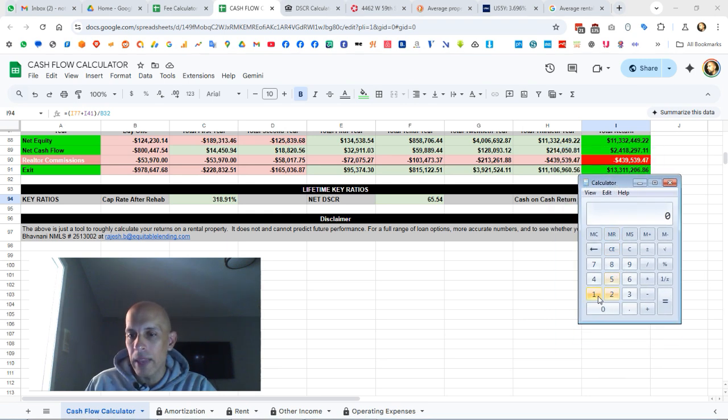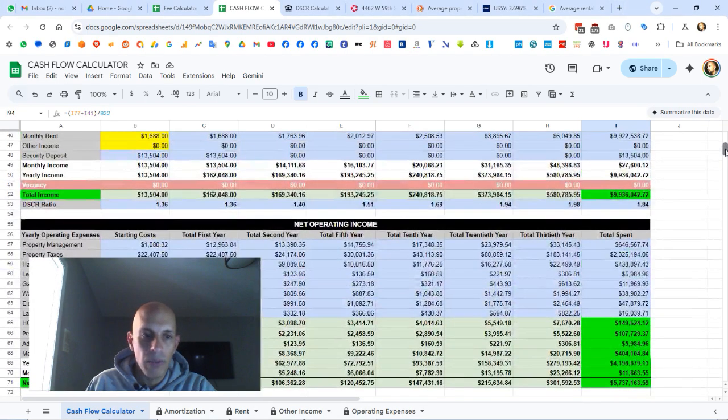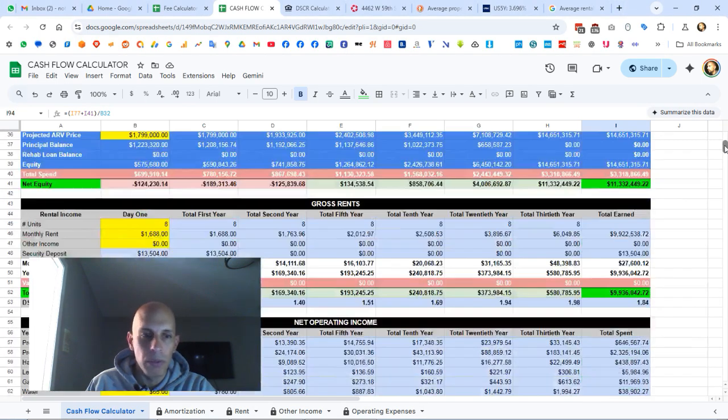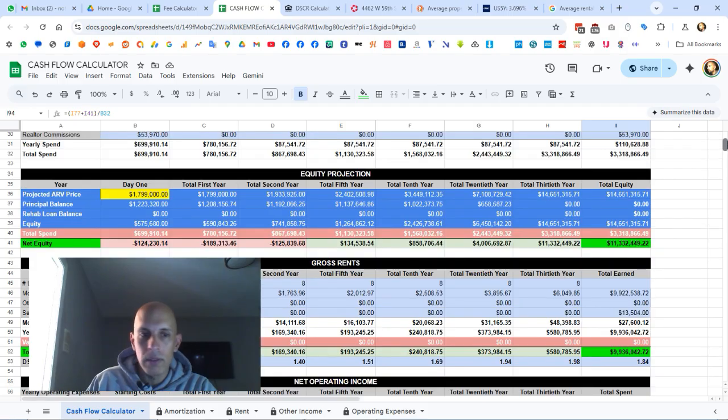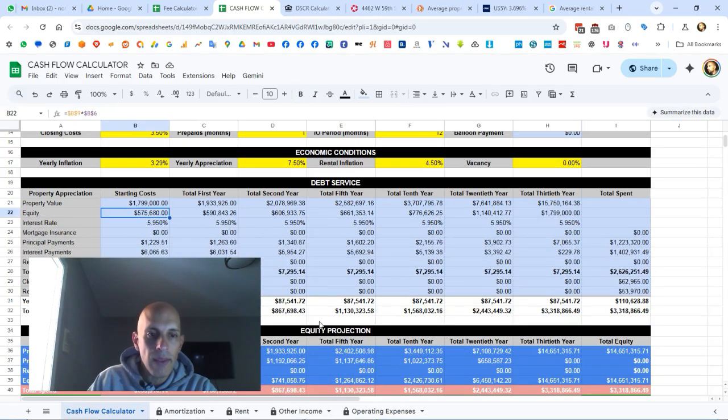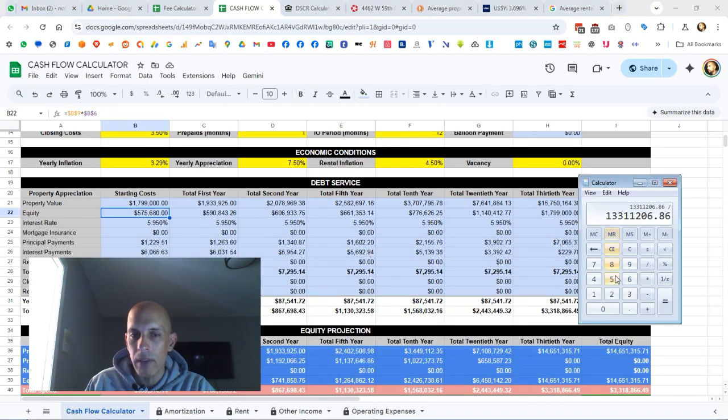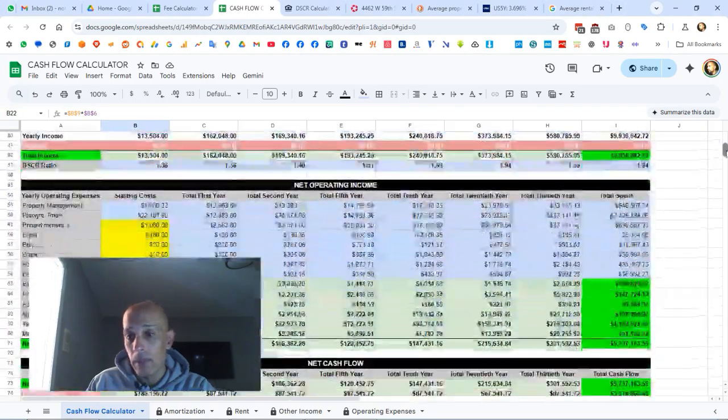So that means what we're doing is we're taking the 13,311,206.86 and dividing it by the initial $575,000 you put in, which was 575,680, and that's a 23x return on your money. That's not bad,